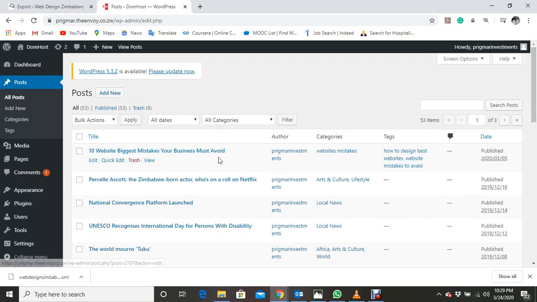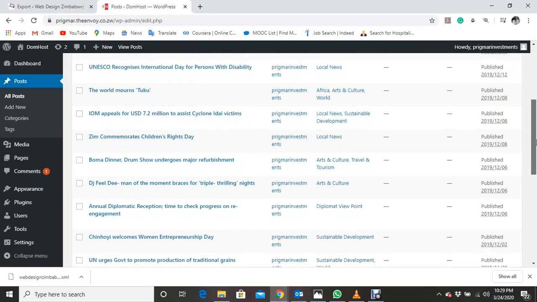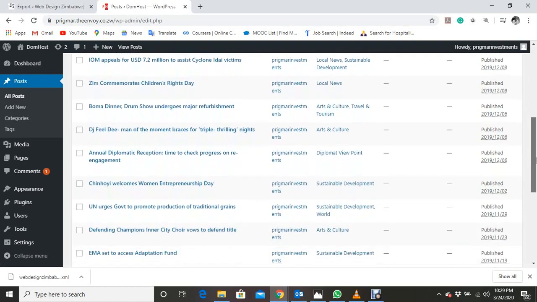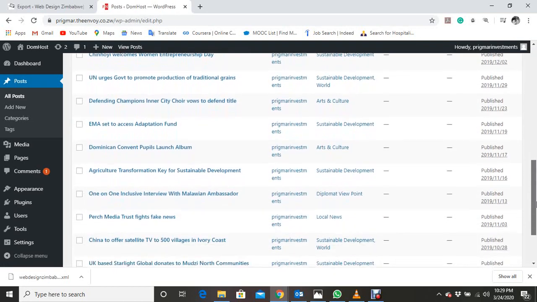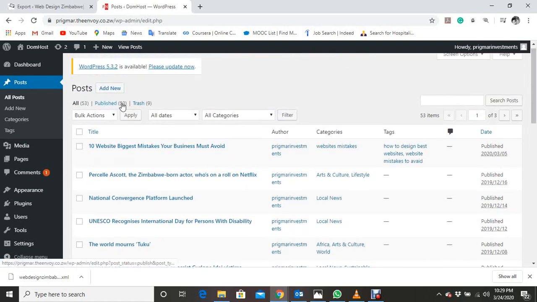That's why we have the date, 10 Biggest. You see, it was published on the 5th of March 2020. And you see, we have the tags, we have the categories, and we have the author imported. Okay, let's look for others. I don't think they're close, because let's see if they will be close. Yeah, okay, but the only thing that we can check again is the published